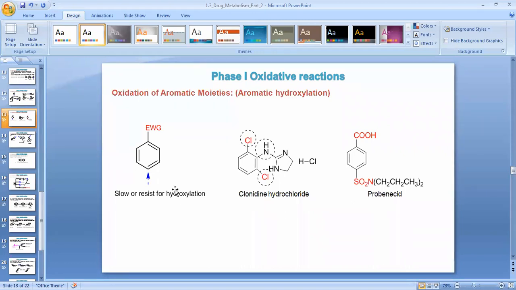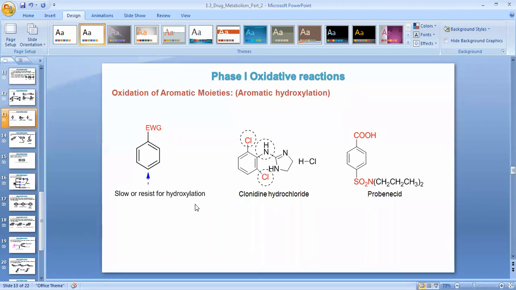In the earlier case, the hydroxylation process is fast due to the presence of the electron donating group in the structure. But in the case of arene oxidation, if the arene ring is substituted with electron withdrawing groups like halogens, it will slow down or resist